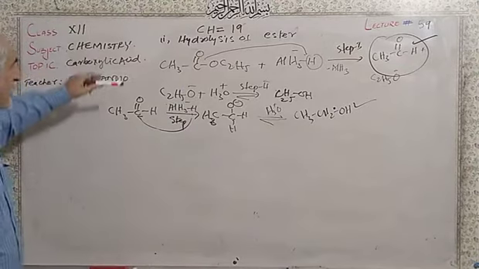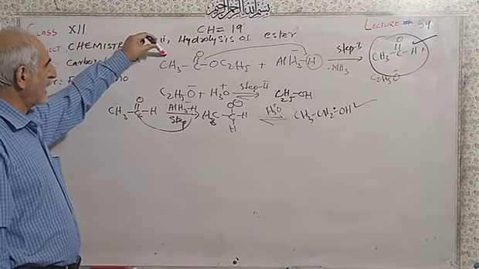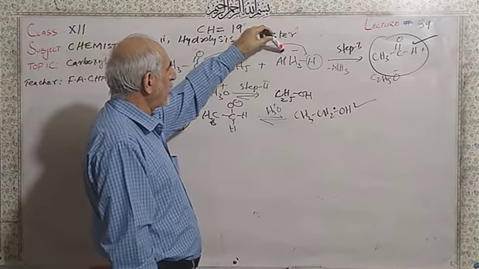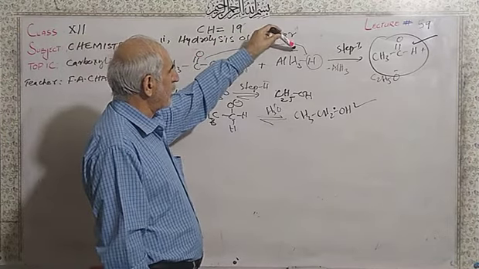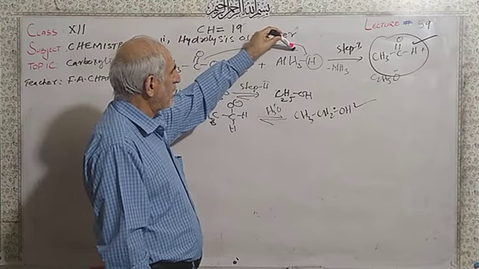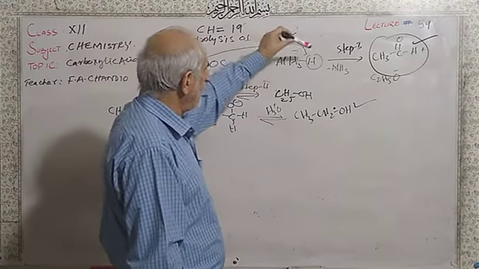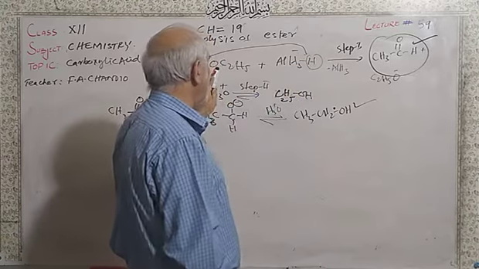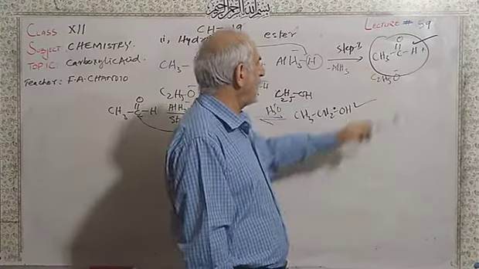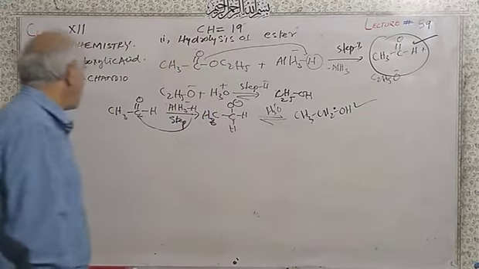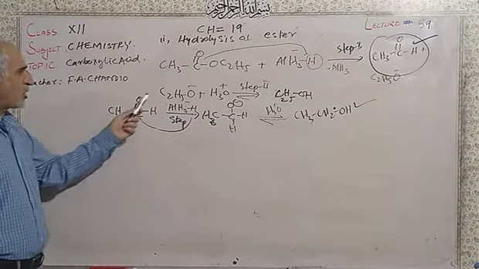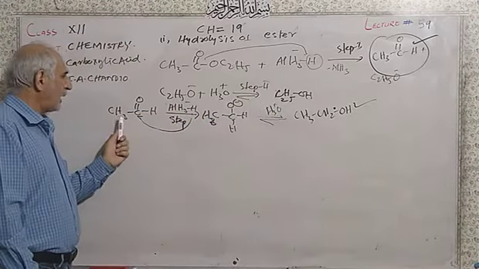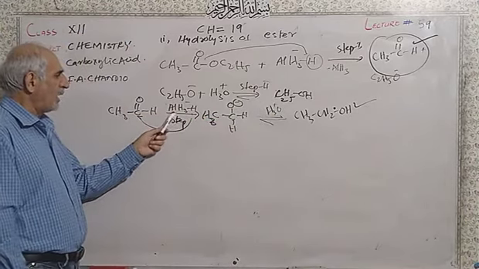So in step number 1, this is the ester, and this is the lithium aluminum hydride. Aluminum hydride is the reducing agent, negative charge is here. In step number 1, aluminum hydride is removed. This hydride is going to be attached here to make the aldehyde and the ethoxy. So this aldehyde, this ethoxy, and hydronium give ethyl alcohol, but we need the aldehyde. This is the aldehyde.